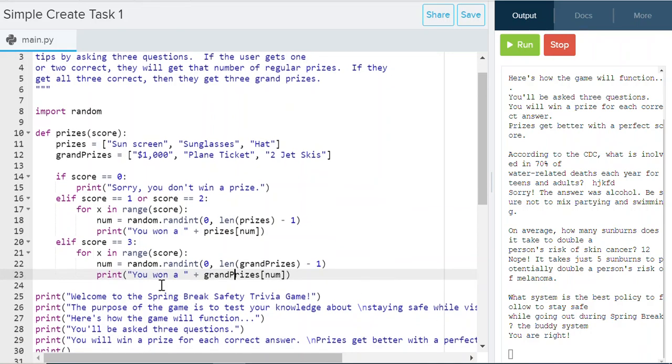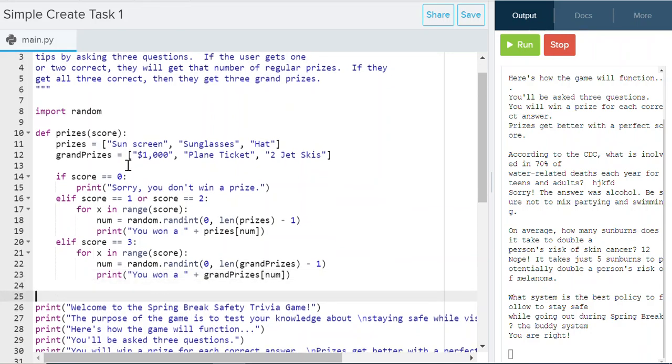And just like that, we have now defined a function. This function includes a parameter. It also includes selection, and it includes a couple of loops. On top of that, this function also includes a list, and that list is an important part of how it works. So in just a few lines of code, we have now completed everything that the College Board is asking us to do,